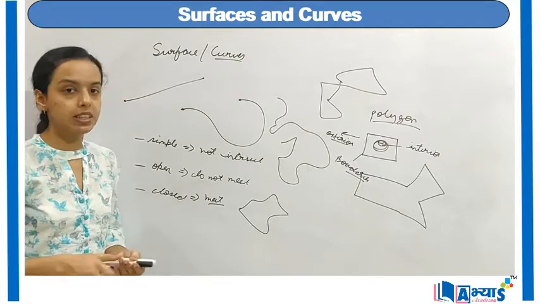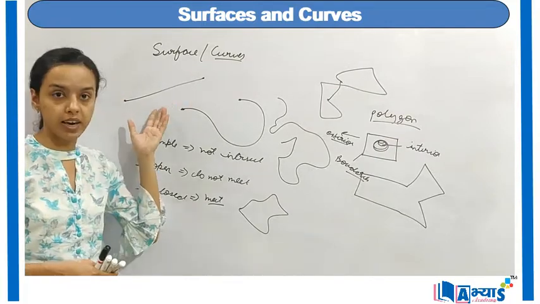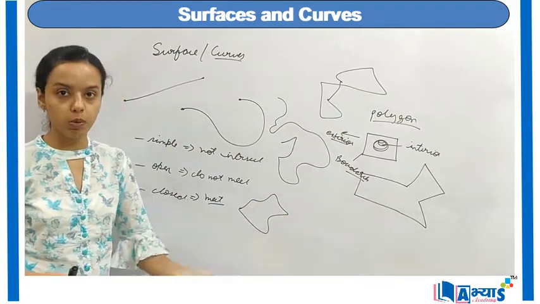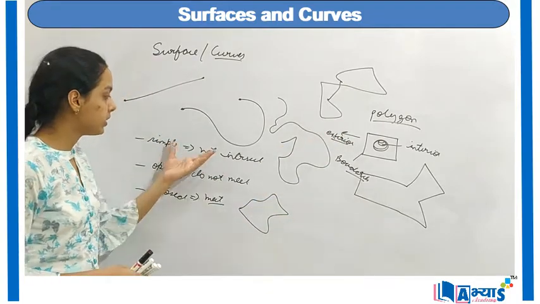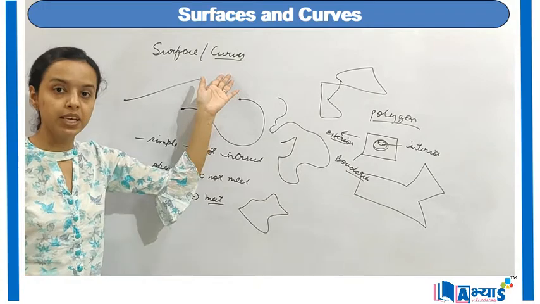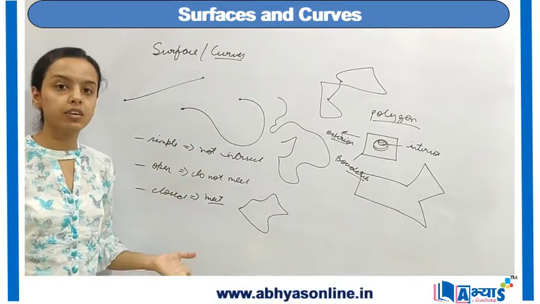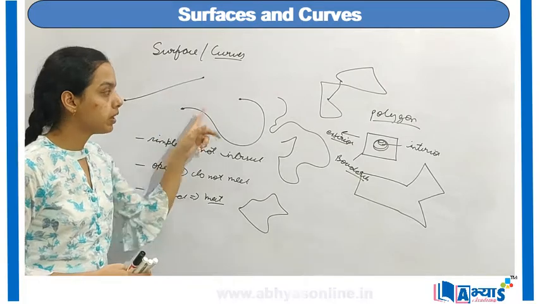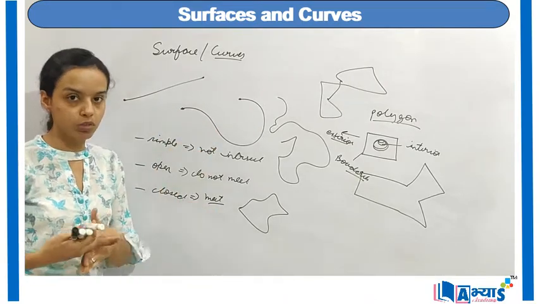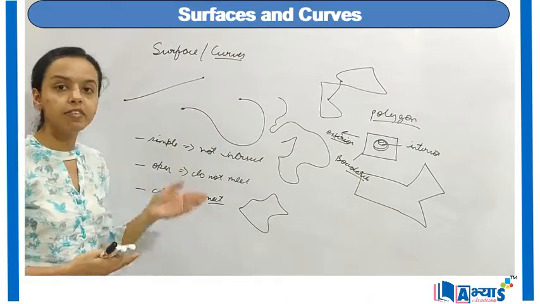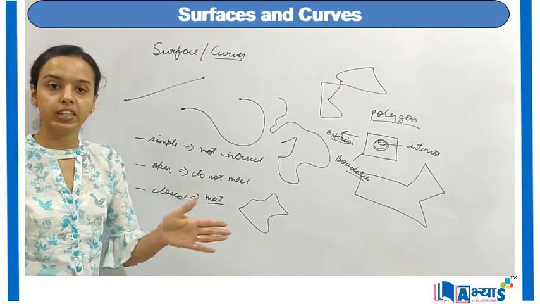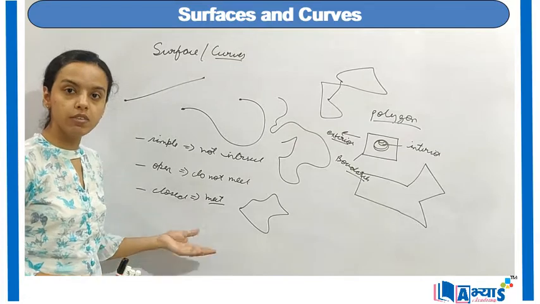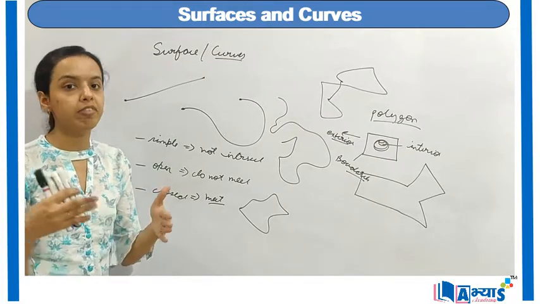So till now we have discussed what are straight lines and how straight lines can be used to form different categories of polygons. And then we have discussed the importance of curves. We have discussed three important curves. Simple curve is that curve in which the two curves do not intersect over each other. In the open curves, the starting point and the ending point is different. They do not meet each other. In the case of closed curves, the starting point and the ending point will meet.